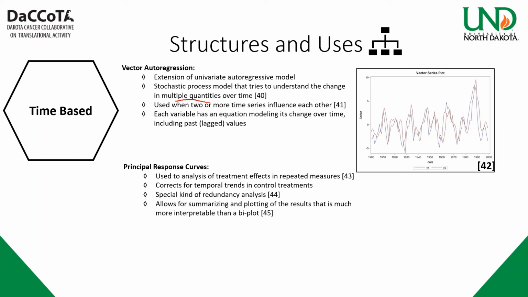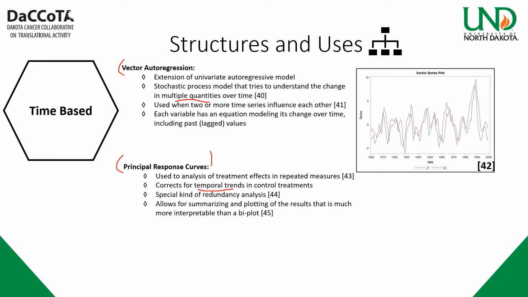Now, another type of time thing here is this principal response curve. So the vector autoregression is a lot of times used in economics. This is used more in like ecology, where you want to do analysis treatment with repeated measures. So it's kind of an extension of repeated measures ANOVA, but now we have multiple y variables. And this helps correct for temporal trends, where our controls sort of being the baseline. And some places call this a special kind of redundancy analysis. We're not going to go into the details. I'm going to just wave my hands on that and just have you believe me. And